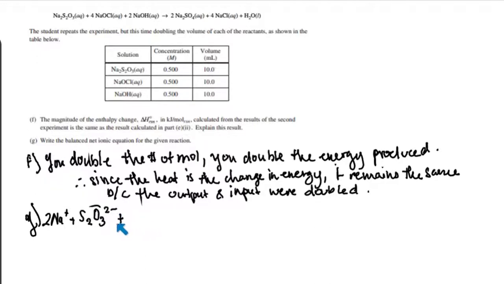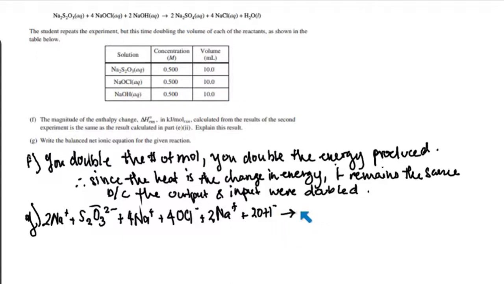Okay, and then for NaOCl, you get 4Na plus and 4OCl minus. Then 2NaOH, we get 2Na plus and 2OH minus. Now for the products, we have